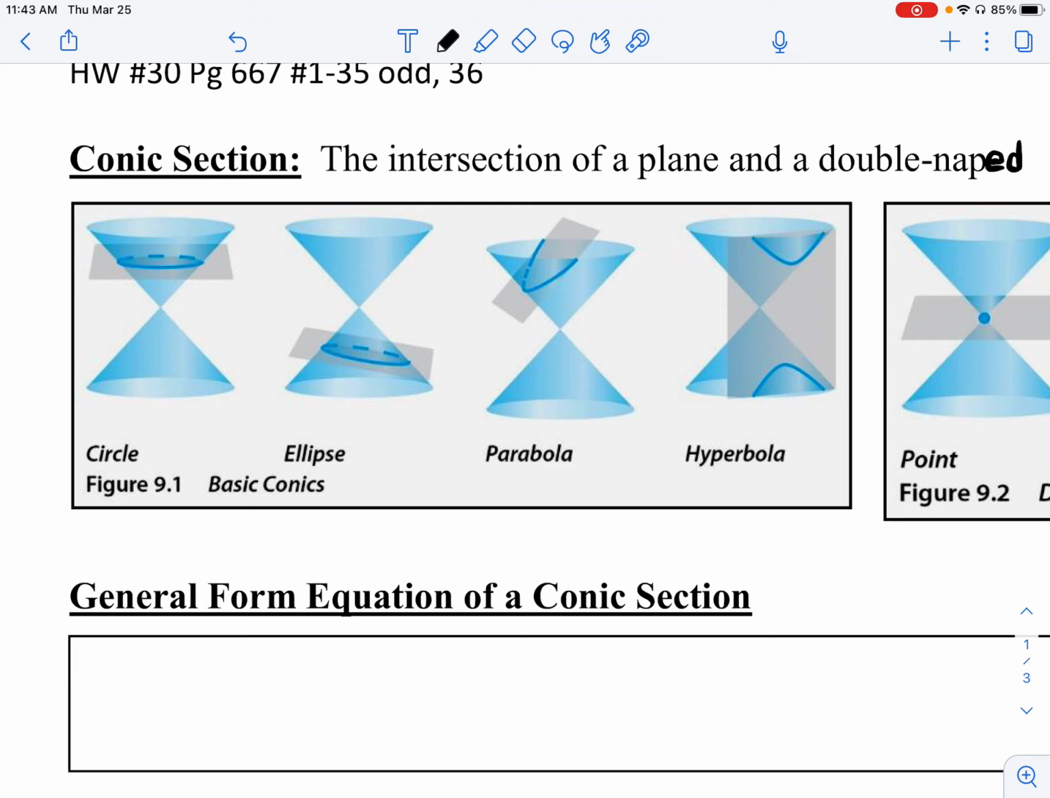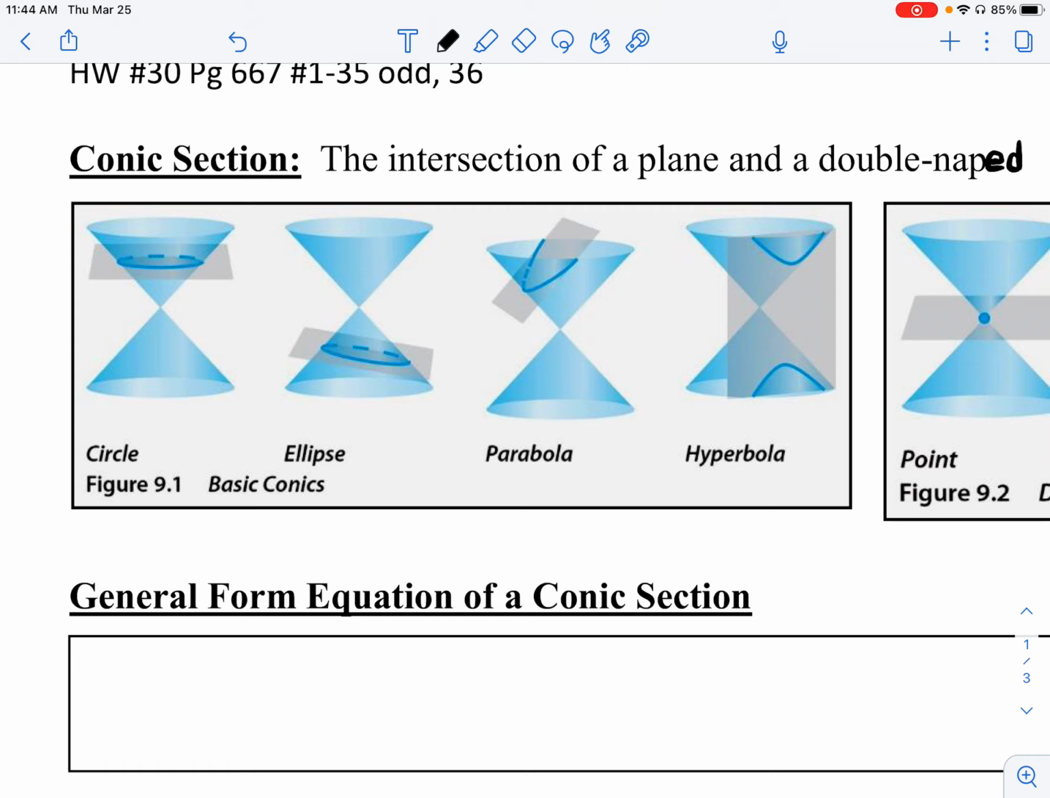If you imagine that plane is intersecting through one of the two parts of the double napped cone at exactly the same angle as the opening of the cone, then you would have a circle. If that plane is now intersecting one of those parts of the double napped cone at an angle that is not the same as the opening of that cone, then you have kind of like a stretched out circle, if you will,